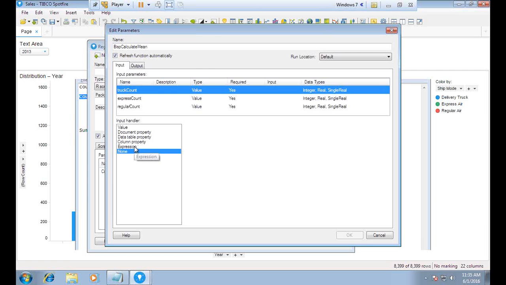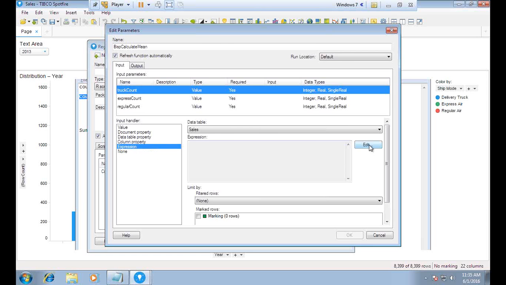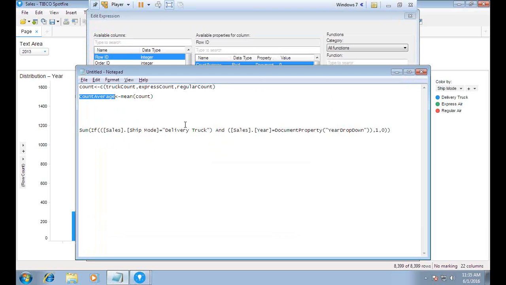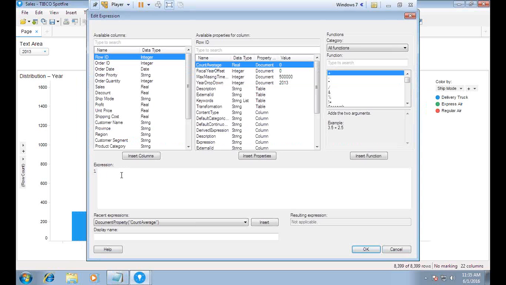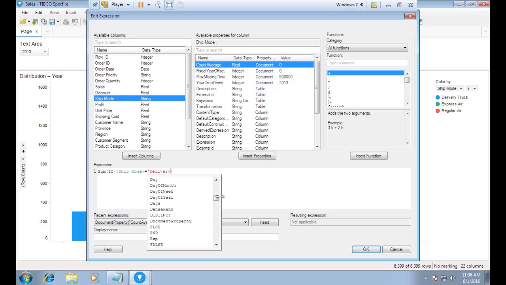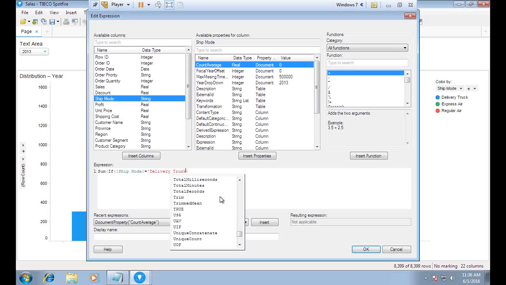Refresh function automatically, and select the first input parameter, truck count, expression to define, edit. And here I'm going to define the expression. I've already copied and pasted the expression, or we can either copy and paste the expression or specify it again. To specify the expression, first I start with sum. So I want to perform sum if the shipping mode equals delivery truck